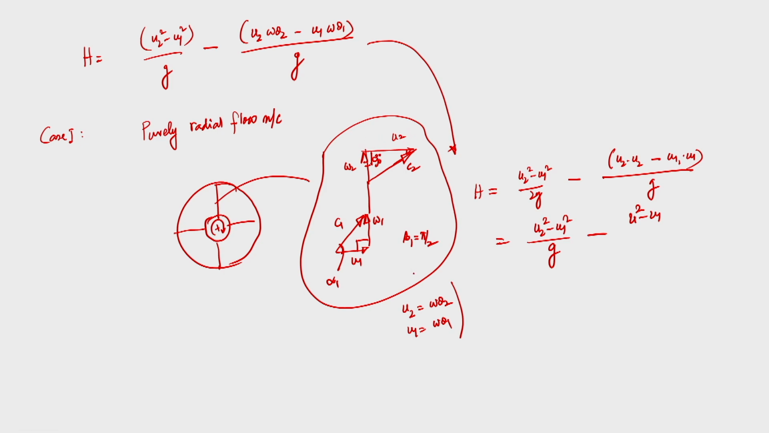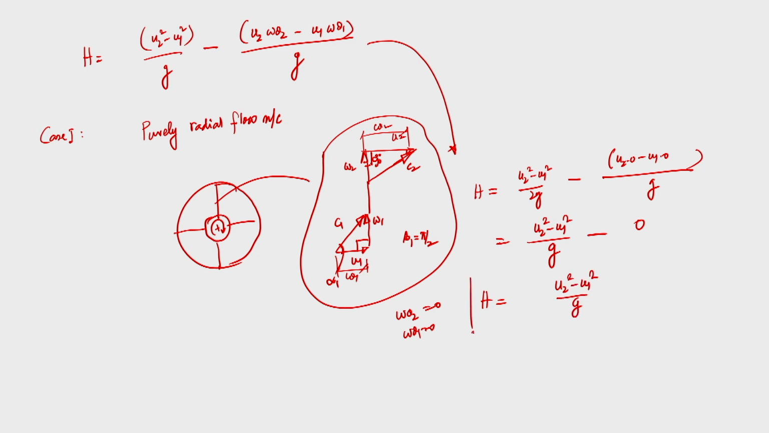w theta 2 is the c theta 2. So, w theta 2 is equal to 0 here, so here this is the c theta 2, here this is the c theta 1. So, here w theta 2 equals 0 and w theta 1 is equal to 0. So, this term will be u2 into 0 minus u1 into 0 by g, that means this will go away. So, this is 0. So, the head developed by the pump will be simply u2 square minus u1 square